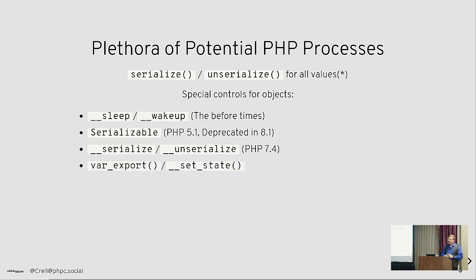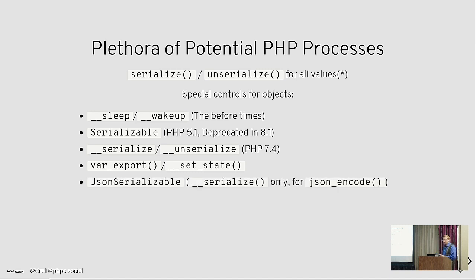There's a little-known feature called var_export. Who's worked with var_export? Oh, a decent number of people. So var_export will take a PHP value and generate the code that will reproduce it. But if it's an object, you can't really do that. So it relies on the class having a magic method called __set_state that will get data passed into it, and then you reconstruct the object yourself. It's a hard-coded static factory, essentially.